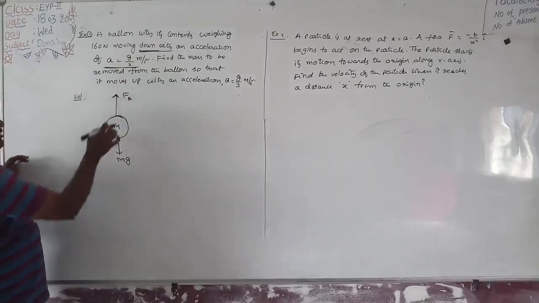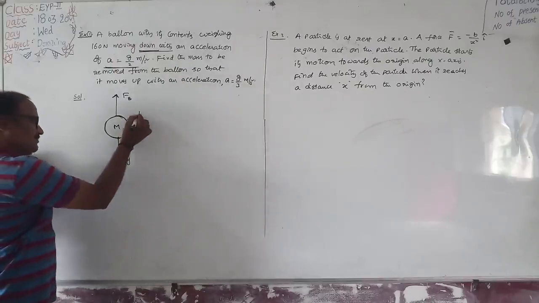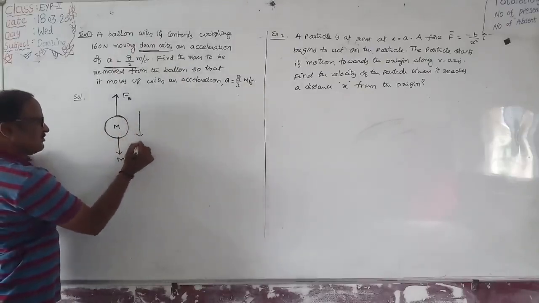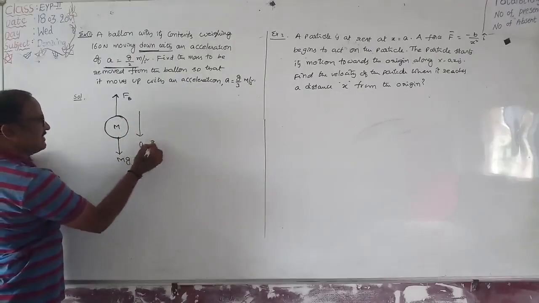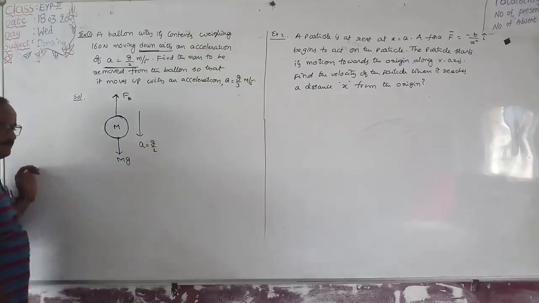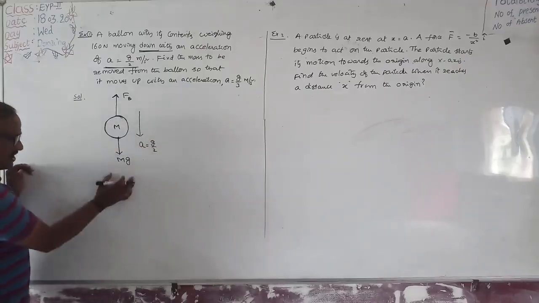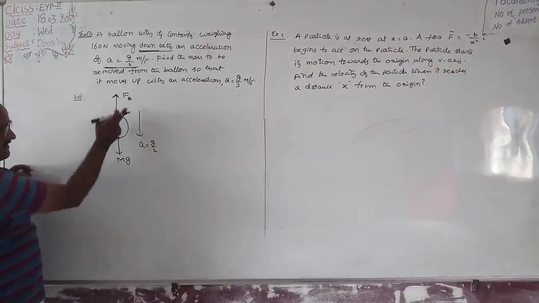And what is the motion of the balloon? Moving downwards. The balloon is moving downwards with an acceleration a, and a is equivalent to g by 2 meter per second square. As it moves downwards, mg should be greater than Fb,